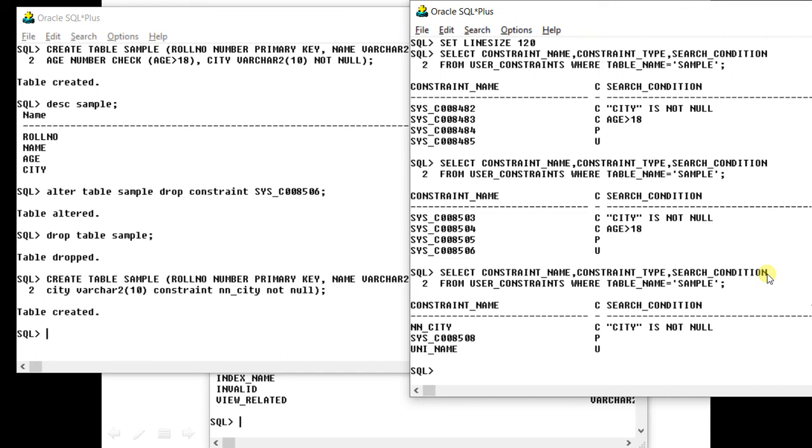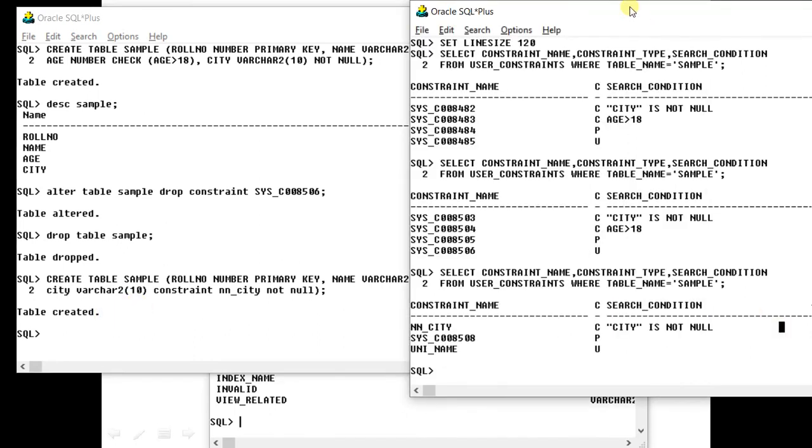Now you can see the difference. Yesterday in the previous lecture, city was given as sys_ like this. But now what you have given is nn_city, and in case of unique, it is uni_name. So now it will be easy for you to remember the constraint, and dropping the constraint is also very simple. Suppose you want to drop this not null or unique name, what will you do? Very easy.